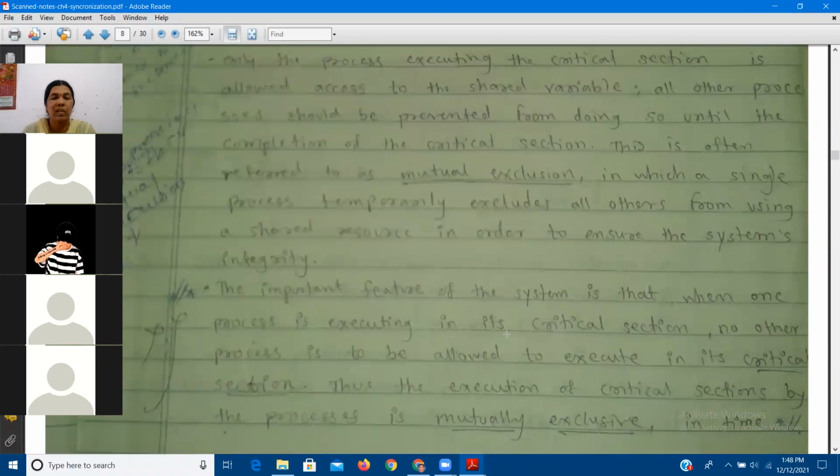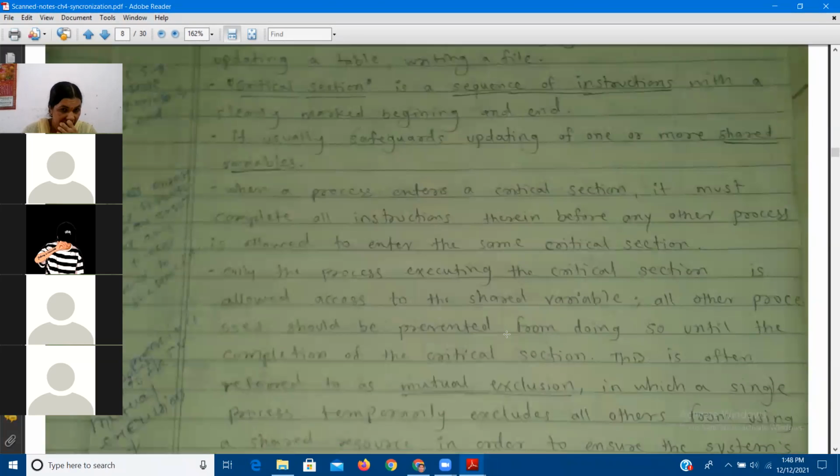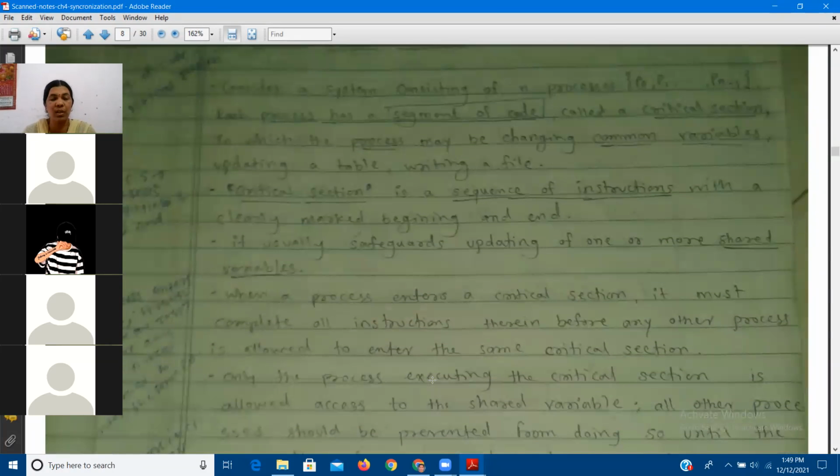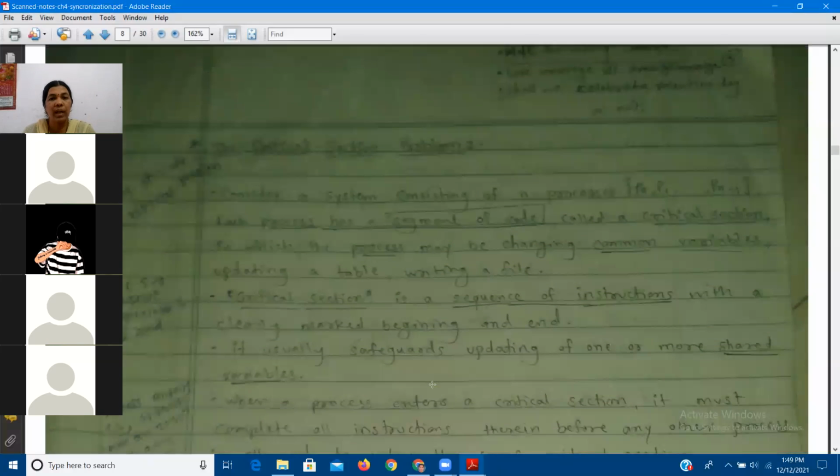So we have just discussed the critical section, the problem, and then the requirement, that is, 3 basic requirements that should be satisfied by the solution. Yet we have not started the solution. Throughout the chapter we will discuss different solutions. We'll see whether all solutions satisfy these 3 conditions, or only 1 condition or 2 conditions or 3 conditions. Like that we will discuss the solutions, but before that you can just note it down.